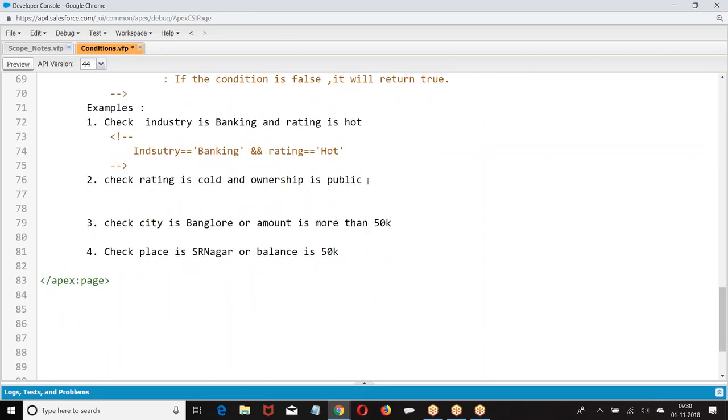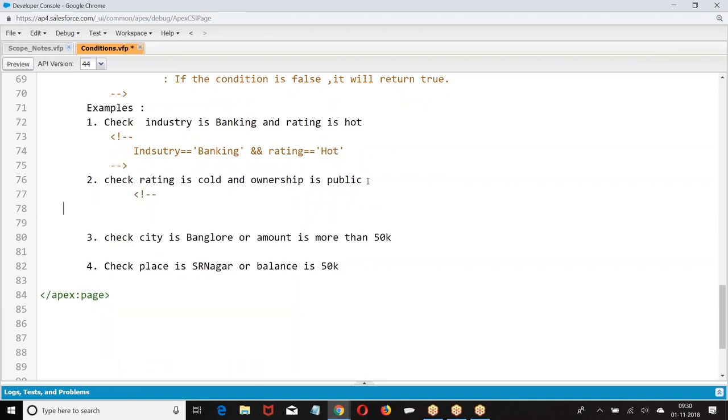Then we have rating is cold and ownership is, rating double equal to cold and ownership.